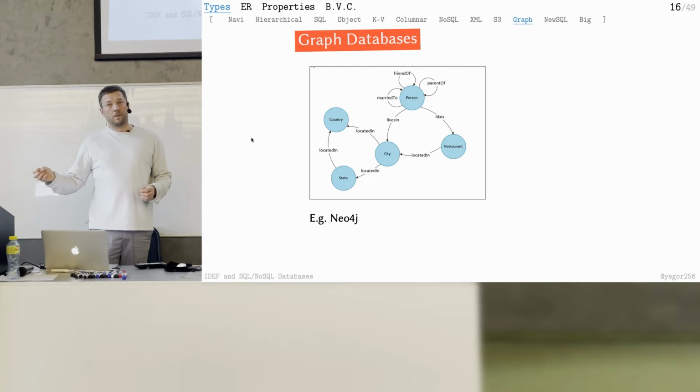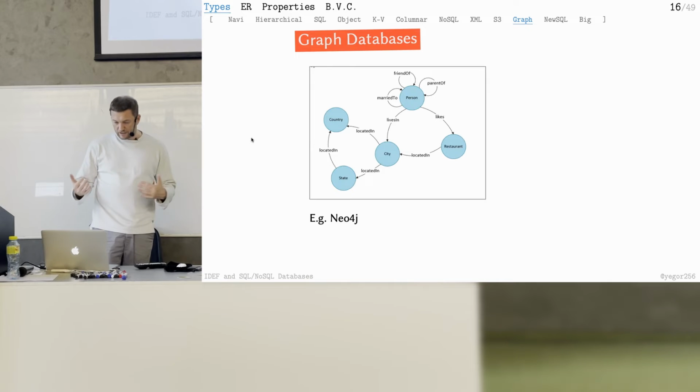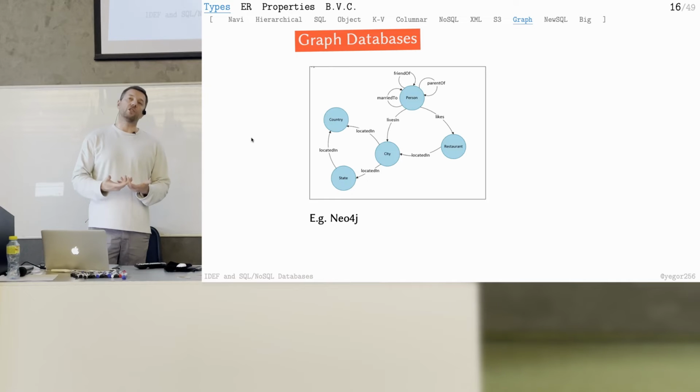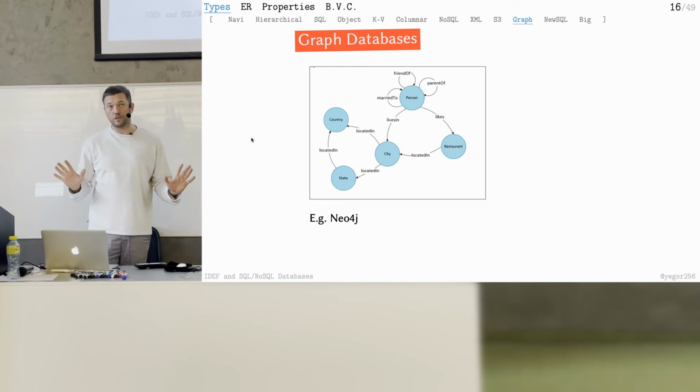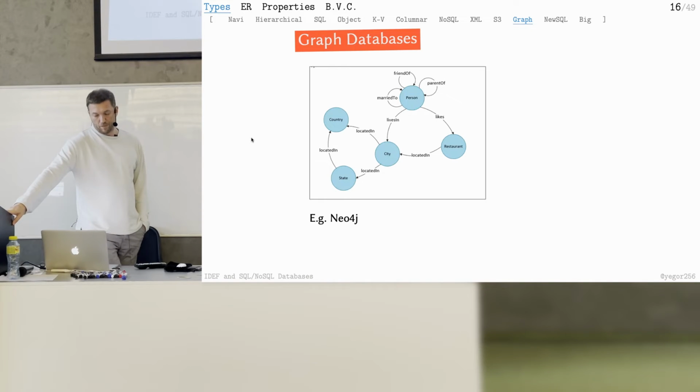What's the actual application of this? In this picture, we can see country, city, state, they're interconnected, and these connections are more complex than relational. Relational tables are good for quite simple connections between tables. If the connections are more sophisticated, then a graph database is more suitable. Especially when you don't know upfront what the connections are going to be, then a graph database is your friend. So you need to know that they exist. One example is Neo4j. I believe it's written in Java, and it's quite popular.